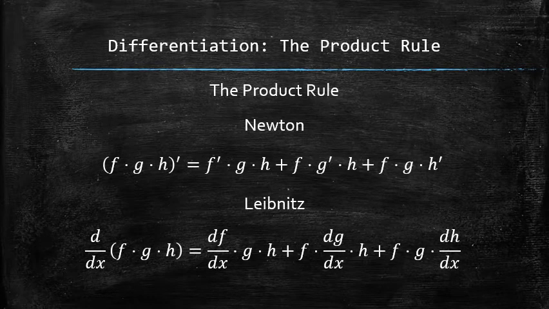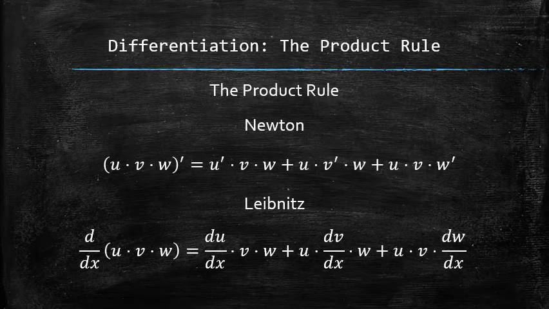We can also write the product rule for products of three functions. It certainly makes the product rule for two functions look much easier. Here is the same rule written using u, v, and w for naming functions. Once you see the pattern, you can write a rule for finding derivatives of products of 4 and more functions.